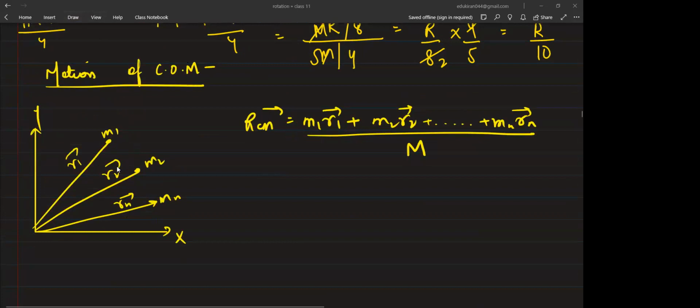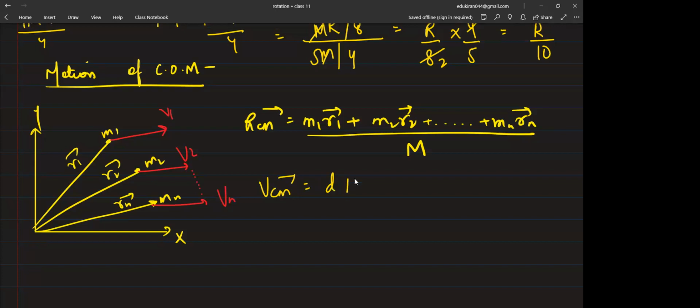See, when you are calculating the first mass, its velocity, let's assume it's v1. Second mass is v2. Till nth, we are considering it vn. So this is just the velocity we are taking. When you have the displacement, calculation of velocity is easier. What do you have to do for velocity of the center of mass? You have to differentiate the radius of center of mass